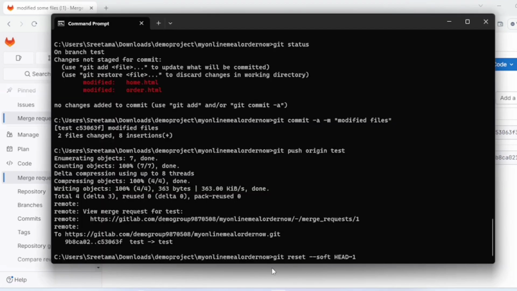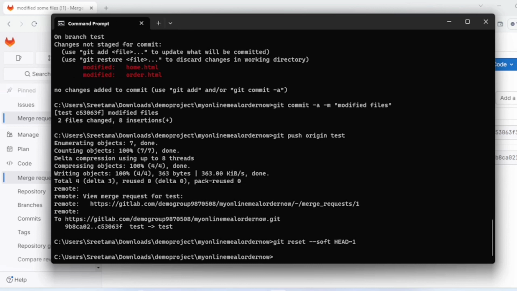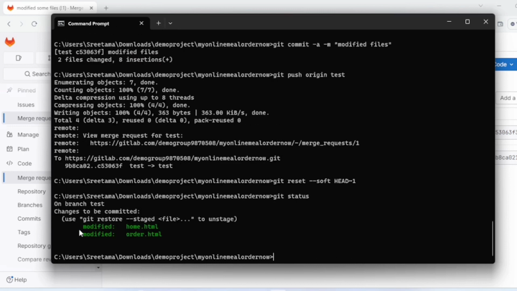At first you have to use this command: git reset --soft HEAD~1. Why 1? Because I want to remove the last commit that I have made just now. What is the last commit I have just made? This commit, modified files, right? So now I am undoing this commit, or you can say I am removing this commit. If I do this, and you see git status, now these two files are showing